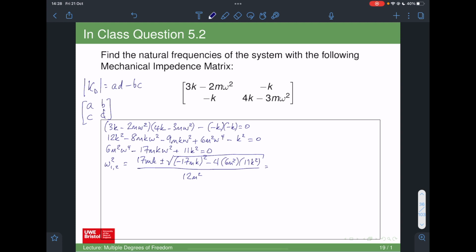So if we multiply things out, 17 mk plus or minus the square root of 289, I think, k squared m squared, minus 4 times 6 times 11, which is 264, k squared m squared. Okay, 289 minus 264 is 25, that's quite convenient. Okay, and so we end up with